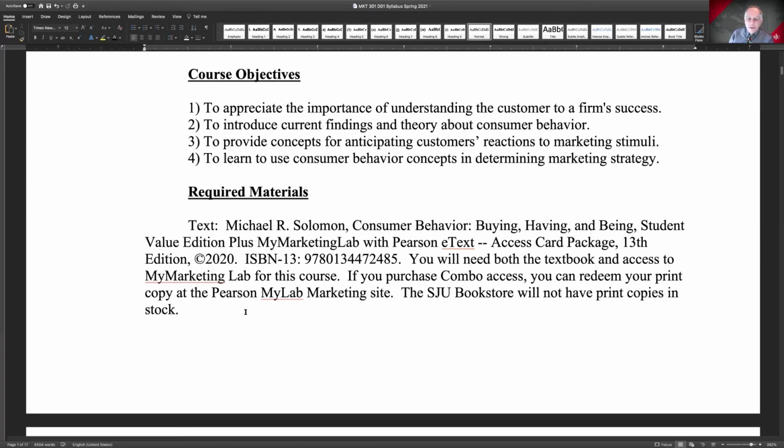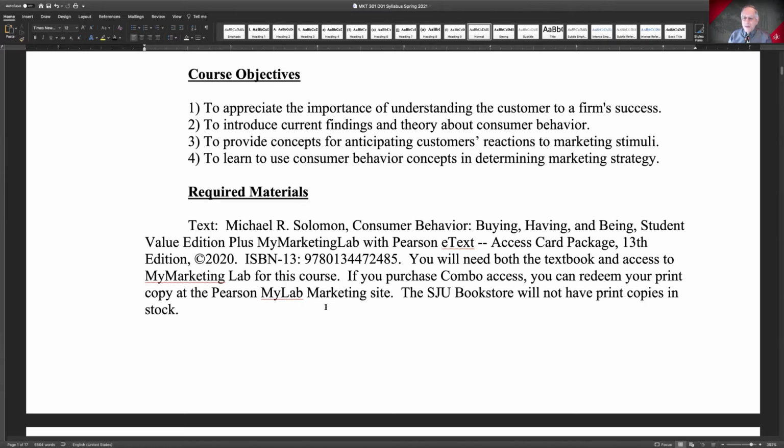By the way, I should say that the book is not just a bunch of my notes that I've thrown together. I'm kind of proud to say this is the most widely used textbook on consumer behavior worldwide, as you can see here. It's in the 13th edition, which means I've been writing it and revising it and updating it for many, many years. And again, I hope you'll enjoy it.